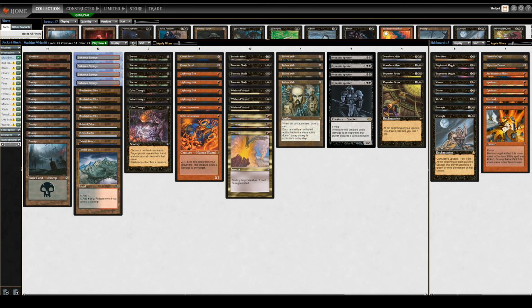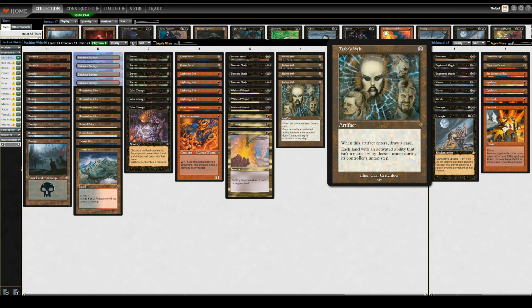Thank you for being with me as we go back to our mid-range roots, but we're putting a twist on things. We're playing some Machine Head, some classic black-red mid-range with a main deck playset of Tsabo's Web. We'll get into the theory behind this and we'll get into a full deck tech shortly,